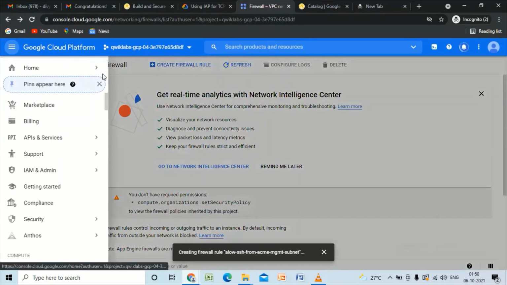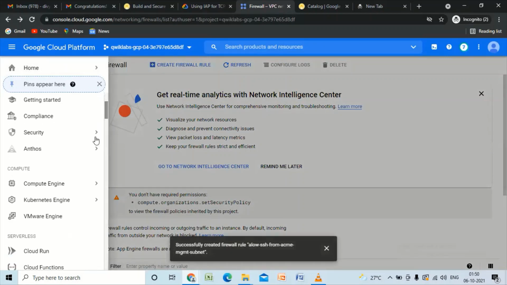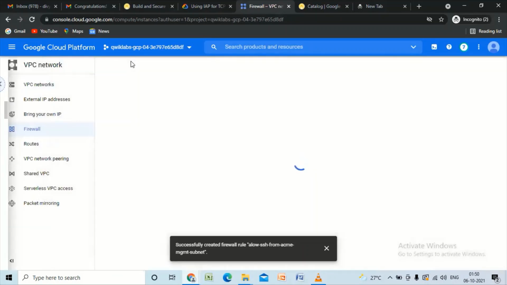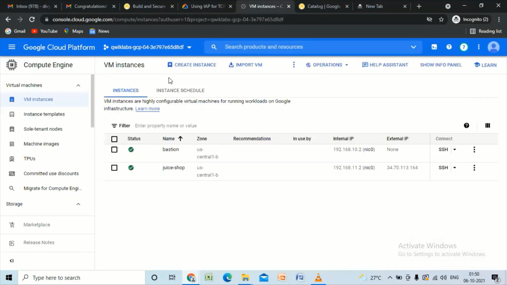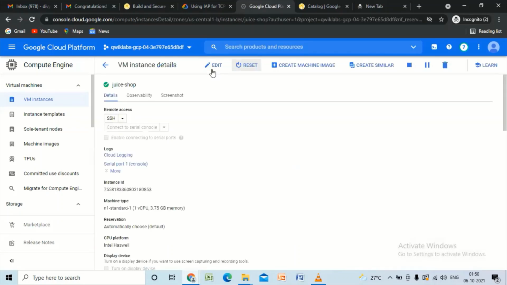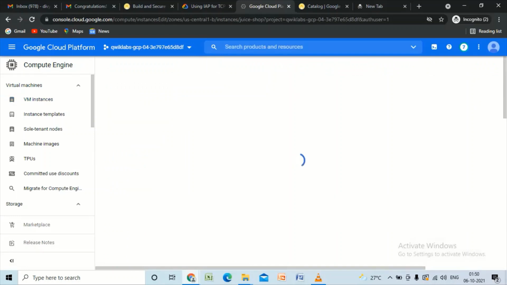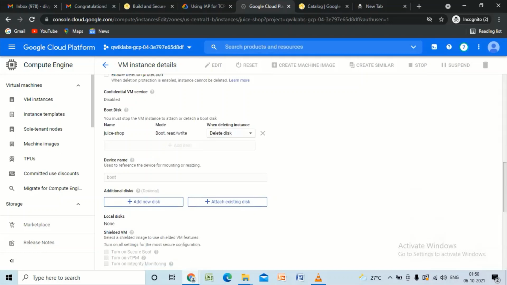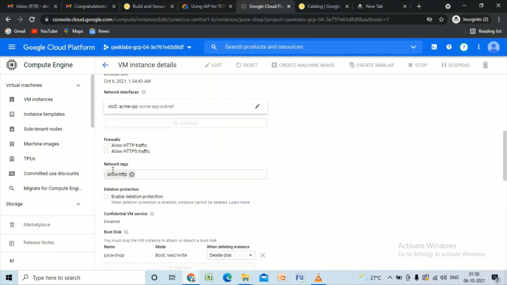After that, we need to go to Compute Engine, VM instances. Click on Juice Shop. Click on Edit. Set the network tags as allow HTTP and Juice Shop.